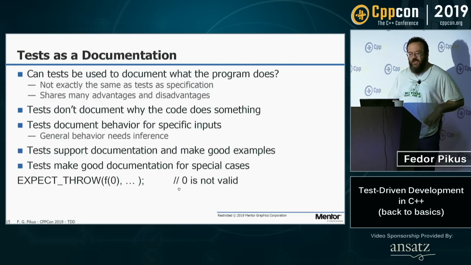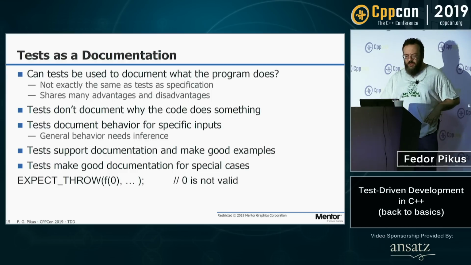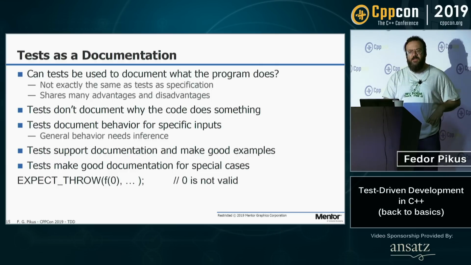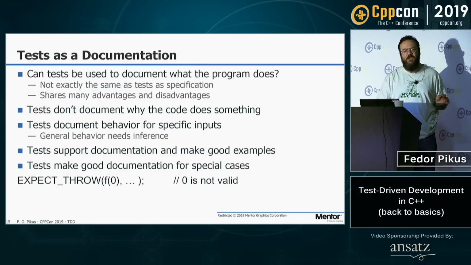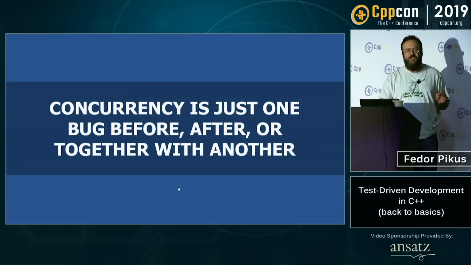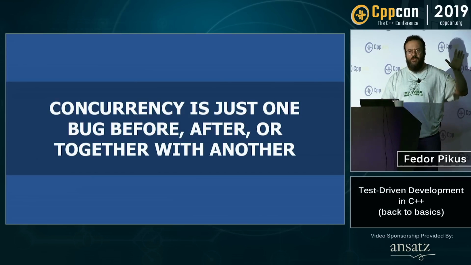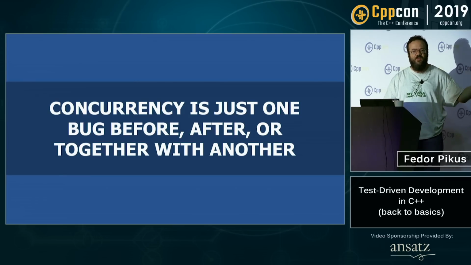So, not a good specification by itself, not good documentation by itself, but an excellent appendix, an excellent illustration, very good for documenting special cases, corner cases. Because for corner cases, that's often what you say in your specification: f(x) returns this and this and this, except f(0), which always throws. Okay, f(0) throws. A test for this is perfect. That's it, that's your spec.